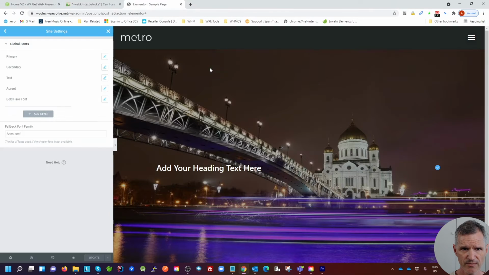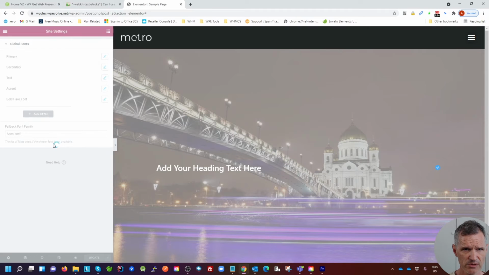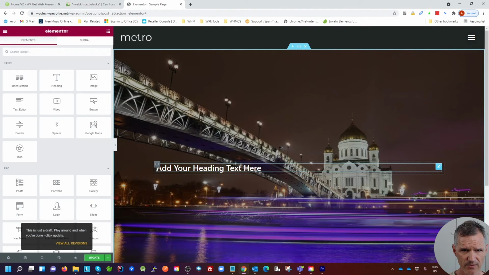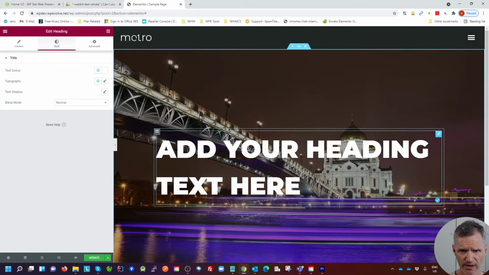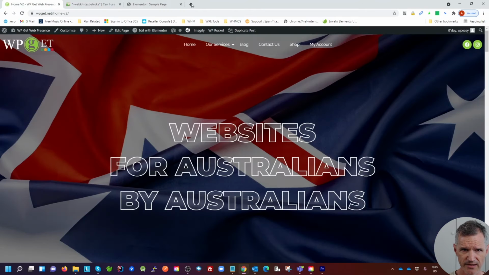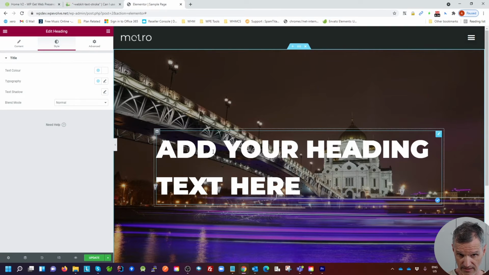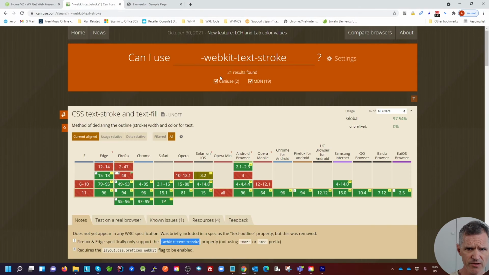What did I just click on something? Okay, so heading back to our editor, I click on that heading widget and go over to my typography and select my bold hero font. So here we are, we're part way through getting to this. Now what we're going to do is make an outline on this. So I'm going to use this WebKit text stroke property,